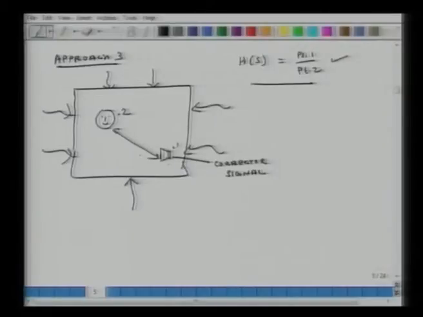Another limitation of this is that because this distance is large, and there may be sound sources which are fairly close to the human ear, by the time this corrector signal reaches, even for low frequency content, if there is some noise content at low frequencies which reaches the human ear significantly before the corrector signal comes, then he has already heard it. So that is another limitation. And this will add up to the noise.